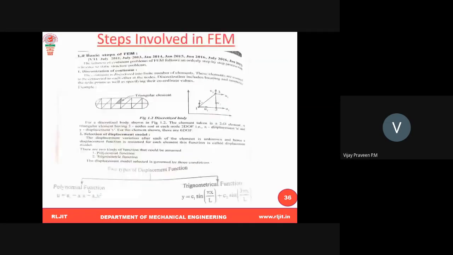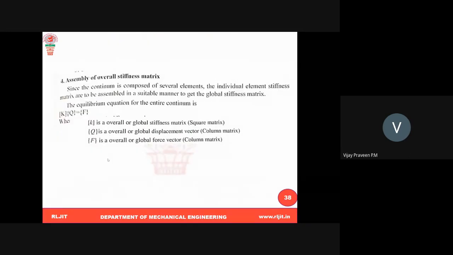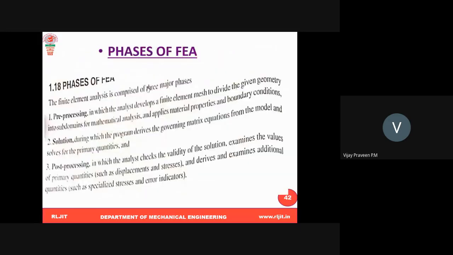Once you have done this, the discretization and model selection, assembly, formation of the elemental stiffness matrix and overall stiffness matrix, applying the boundary conditions, and the unknowns are all done by the computer. That is known as the solution or processing stage. Then post-processing means once the solution is done, we view it as the user. We analyze and validate whether the results match expectation or there is an error, and where the most stress, strain, or velocity is.